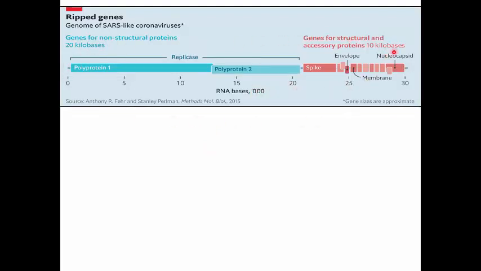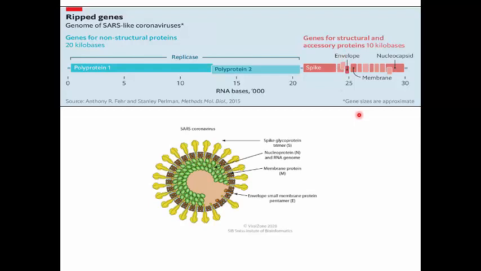So this is just a picture of the whole genome of coronavirus. Here you can see it is mainly divided into non-structural proteins, in blue color, and these are the structural proteins. This is the S protein, that is spike protein, this is the envelope protein, this is the membrane protein, and this is the nucleocapsid protein. These are the genes for the structural proteins, from which the different proteins are developed. Here you can see this is the spike protein, this is the structure of coronavirus. These are the different proteins which are formed from the structural genes.